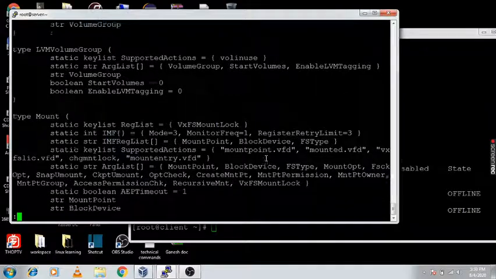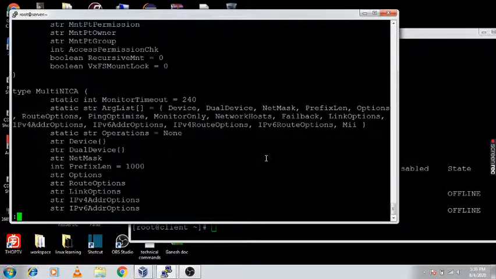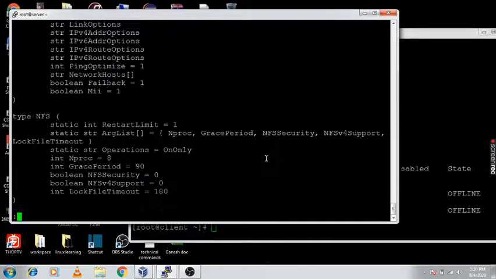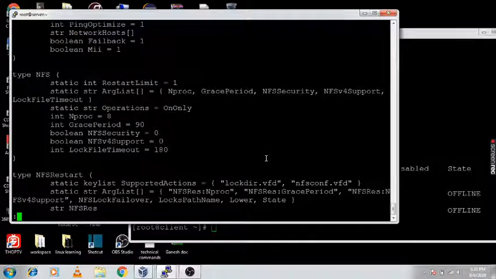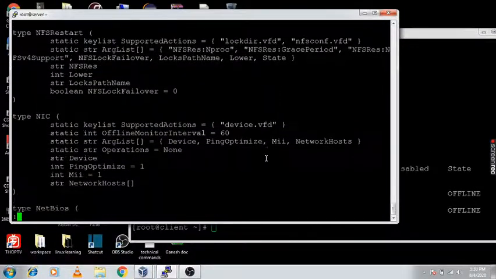Here is the configuration file where all the attributes are stored. So you can check for the particular attributes. For the service group you can check for service group. If you are mounting a file system, then you can check it for the file system. NFS, all are imported under this file.